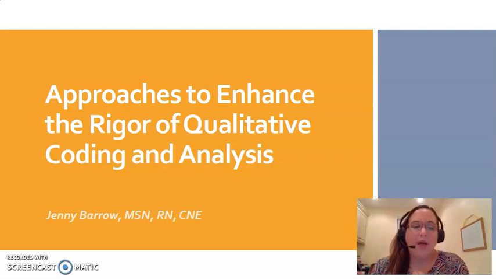When we're looking at qualitative studies and the credibility and trustworthiness of the studies, the previous video talked about approaches to enhancing trustworthiness during data collection. So once we've collected the data, we have to code it and analyze it to figure out what the findings of our qualitative study are. In this presentation, I'm briefly going to describe some of the strategies that qualitative researchers use during that coding